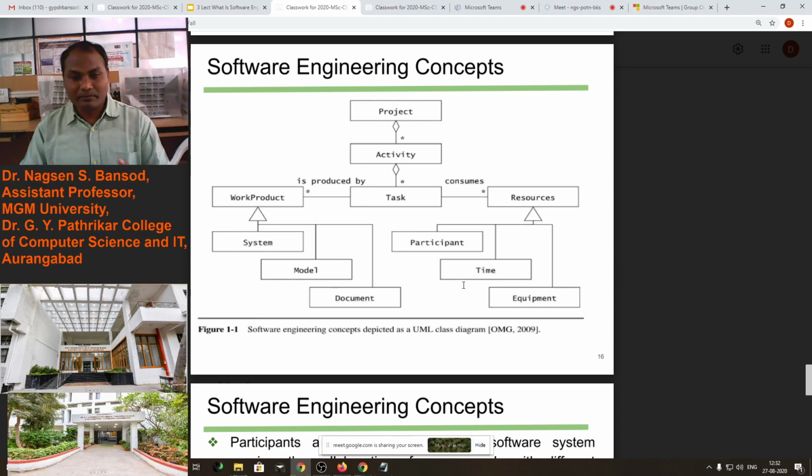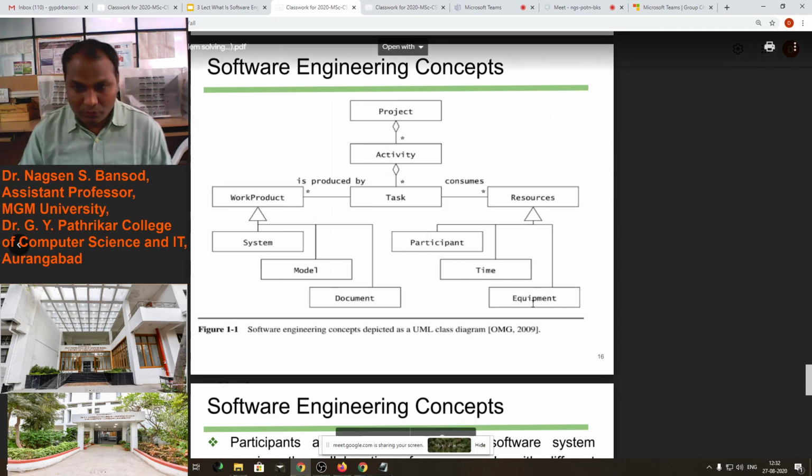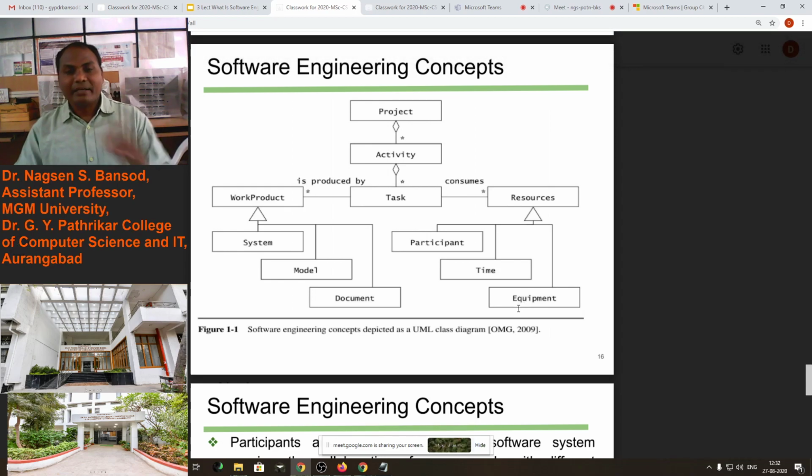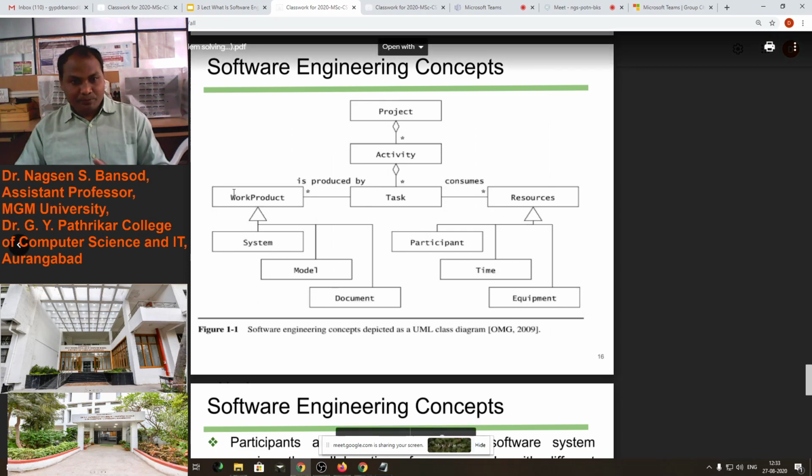Means there may be shift-wise work in the organization, in the company. And other equipment like computer, camera, table, chair, all these are the resources. Okay, if you want to make a software project, then all this equipment we will use for development purposes. Like a chair we will use for sitting, and time scheduling, and all participants will work together. All these are the resources required to do some task, like a work product.